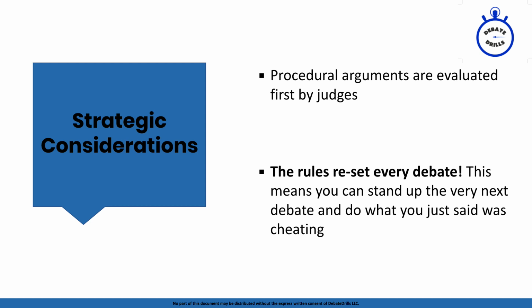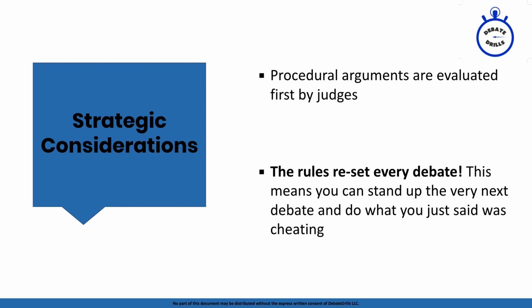The second big thing to remember is that the rules reset every debate. We started this conversation with there are only 2 rules that are non-negotiable. So you could theoretically stand up in a debate and say the negative must read jumping jacks while reading the 1NC, and then the next time that you have a debate, if the negative does jumping jacks while reading the 1NC, you could stand up and say the negative must not do jumping jacks while reading the 1NC. We call this bidirectional theory arguments.